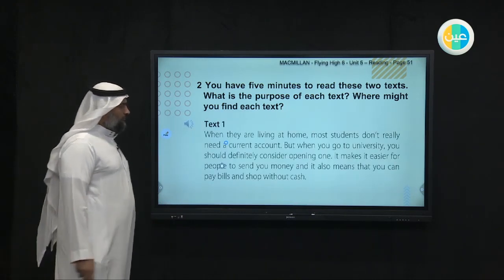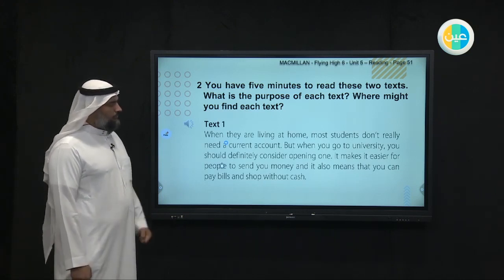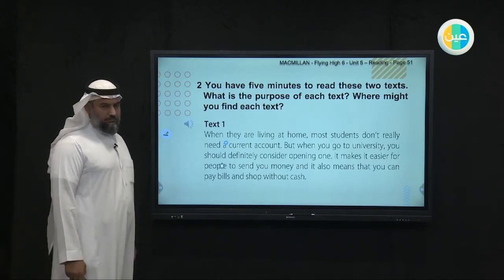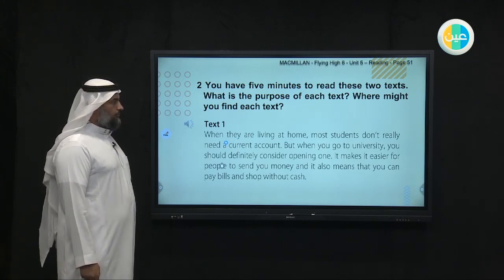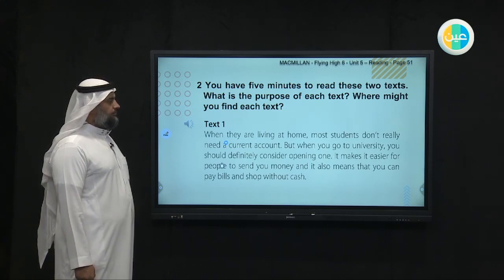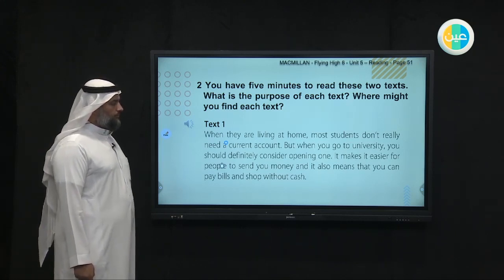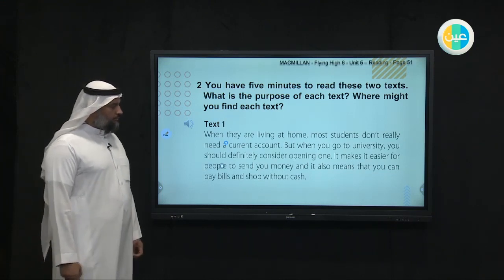When they are living at home, most students don't really need a current account. But when you go to university, you should definitely consider opening one. It makes it easier for people to send you money, and it also means that you can pay bills and